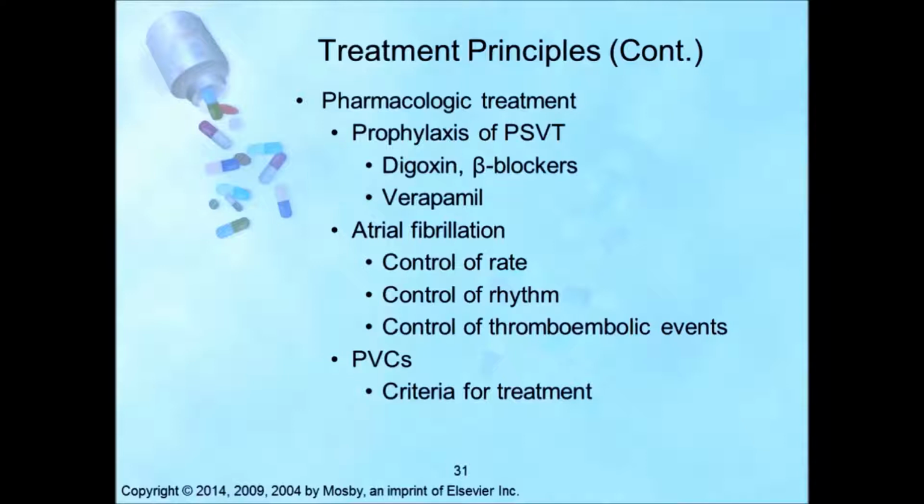Prevention of thromboembolic events is accomplished by anticoagulation. Warfarin or Coumadin is the treatment of choice, particularly in patients who are older than age 70 or who have a history of thromboembolic events, hypertension, coronary artery disease, or left ventricular dysfunction. If the patient is unable to safely be anticoagulated with warfarin, aspirin may be given at 325 milligrams per day.